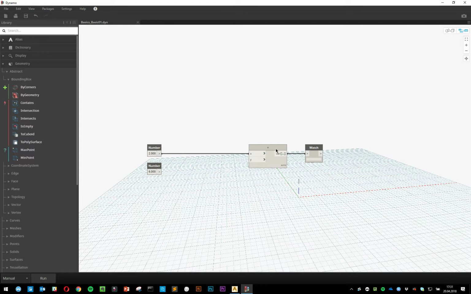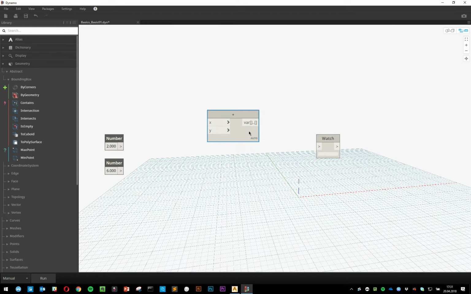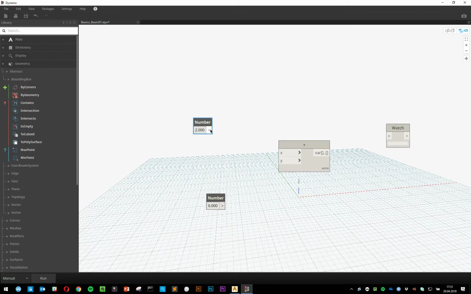The way Dynamo works, for those of you who know nothing about visual programming, is basically all of these boxes here are a bunch of code that do something. For instance, this node takes two inputs, and all it does is take these two inputs, add them up, and create an output. Let's go through the normal workflow here. You've got this number and a second number. So if you add these two up